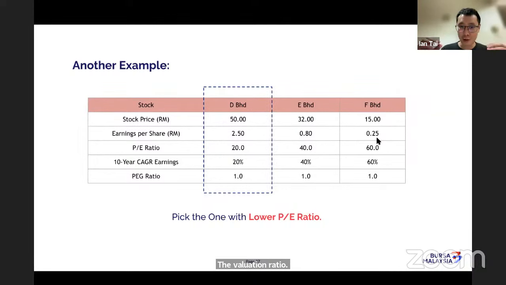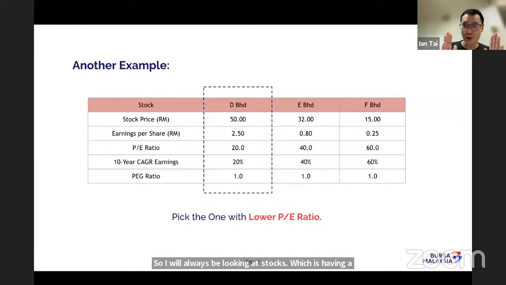So we have round 1 and round 2. Round 1 is PE, round 2 is PEG. So my first step is to ensure that whatever I do, the stocks must be consistently profitable. All right. The PE ratio will be reasonable. Don't try to go anything beyond 30. So anything beyond 30, I can scrap it off. So I will always be looking at stocks which have a very reasonable PE ratio. Okay, maybe 20, maybe 25. Try not to go beyond 30. If it's below 20, like 15, fair enough. I can think that will be better. The lower the PE, the better.